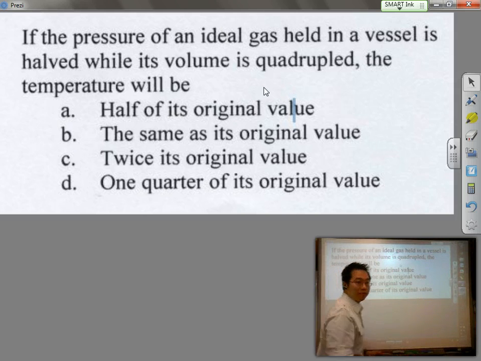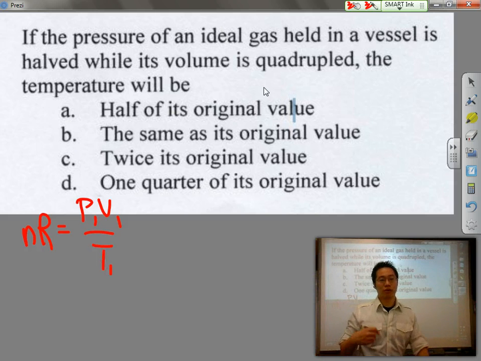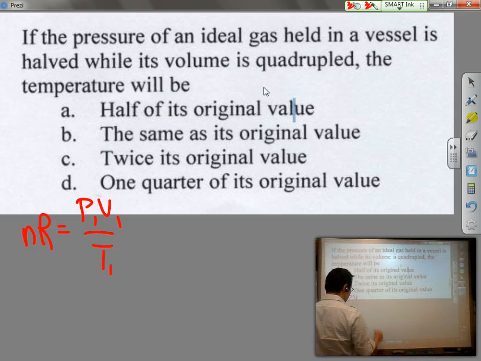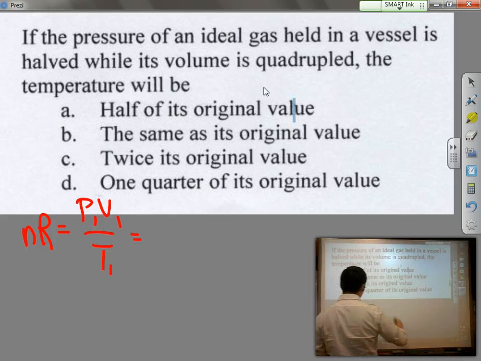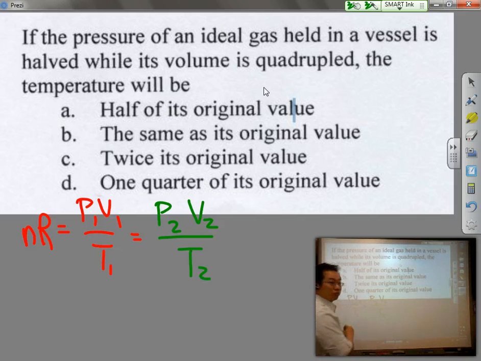Well, keeping in mind that nR is equal to P1V1 over T1, that's the original pressure, original volume, and original temperature. That has to be held constant, meaning that if we're going to change a few variables and have it equal to P2V2 over T2, now if the pressure is halved,